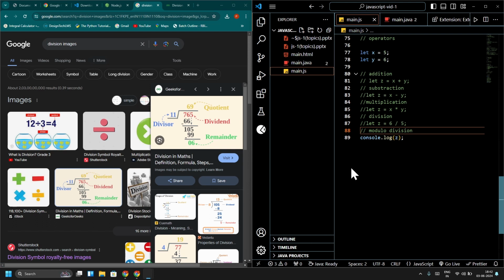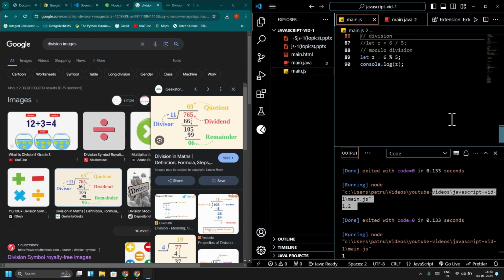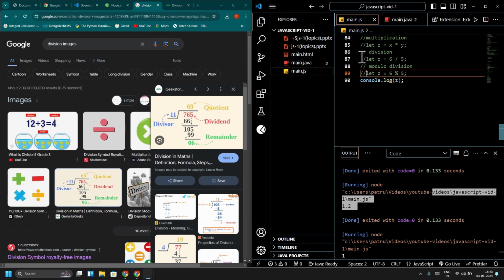we'll be having a remainder. That's why we are getting the one which will give out the remainder. So this time I will have a correct math. One will be remaining. One will be the remainder here. So let z is equal to 6 mod 5. Sorry, it is a modular division. So the output, as I told you, will be 1. The remainder is 1. Right? Clear, right? So this is how math works in JavaScript. So now we'll be having